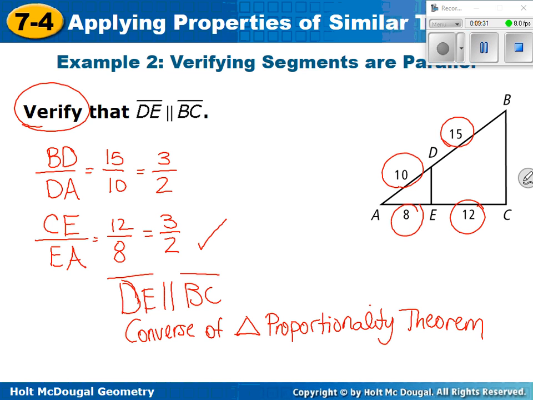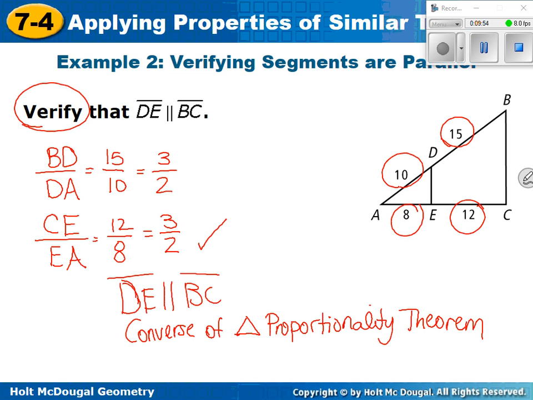So if they're parallel, part over part equals part over part. If they're not given to be parallel, but we're trying to prove it, we're checking to see if they reduce to the same fraction. And then we can use the converse of that theorem to prove that they are parallel. Any questions on the first theorem? Okay,